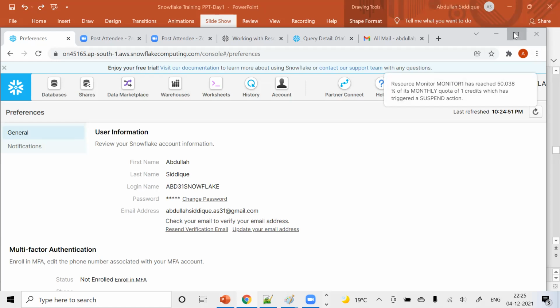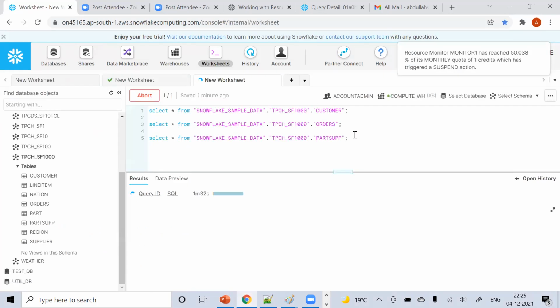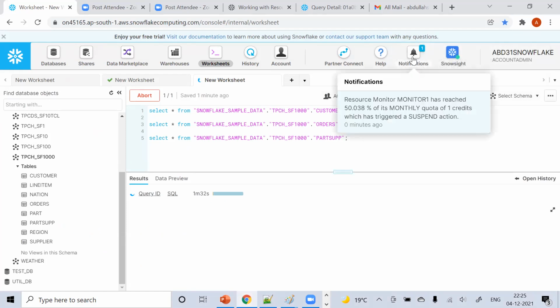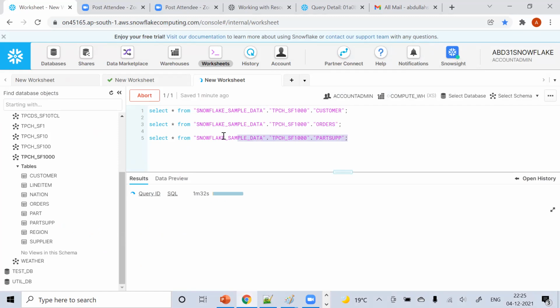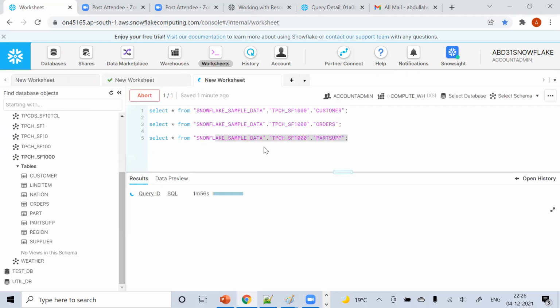See, Resource Monitor 1 has reached 50.038% of its monthly quota of one credit, which has triggered a suspend action. Okay, I got that. See one notification here like this. I got it. But suspend means it will run this, and if I go to warehouses, it will bring back that whole data first. It's quite a big